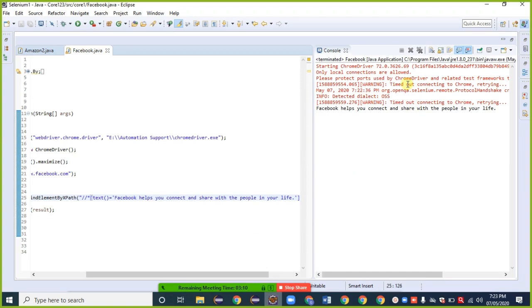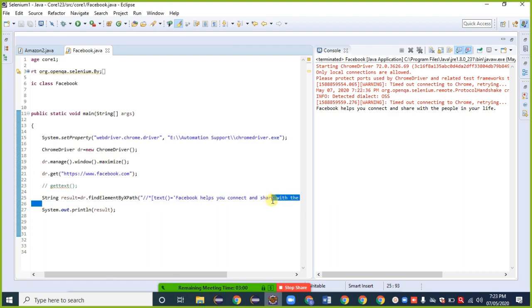We get the result inside the console: "Facebook helps you connect and share with the people in your life." It means by using the getText method, we can fetch the text available on the UI. Just save that text in a variable of string type and print that string. We get the required result.